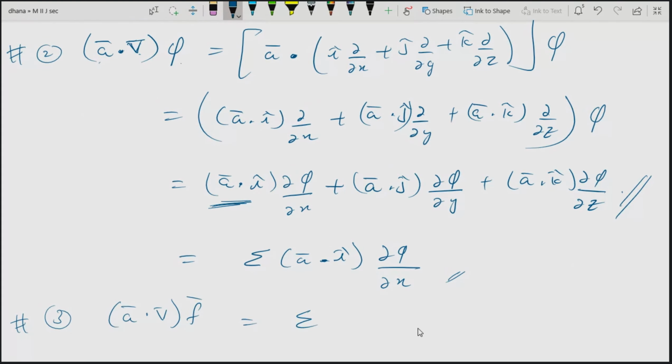The result will be the same one, but the only thing is there is a dot product, it's not cross. A bar dot I cap, you need to partially differentiate F bar with respect to x, y, and z, and in addition to I, you will have J and K. Understood this?